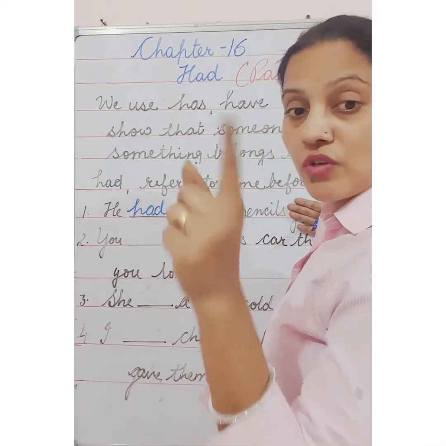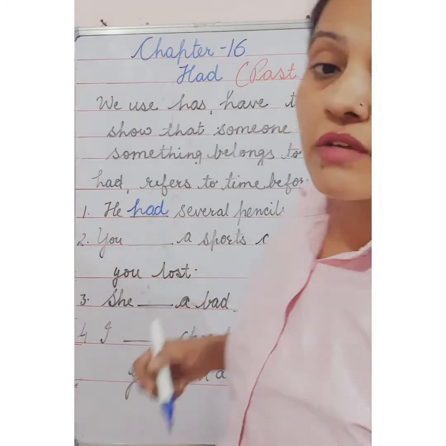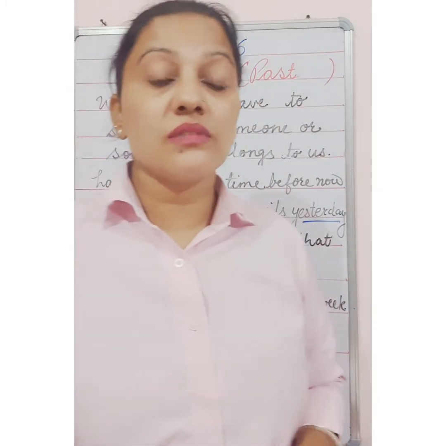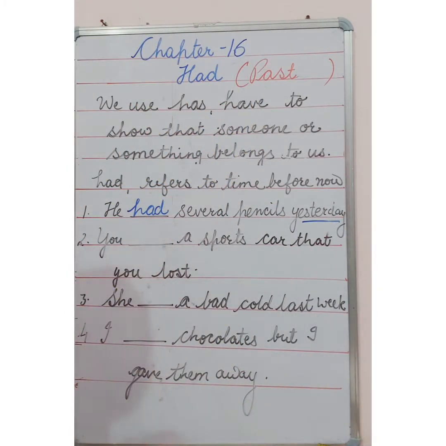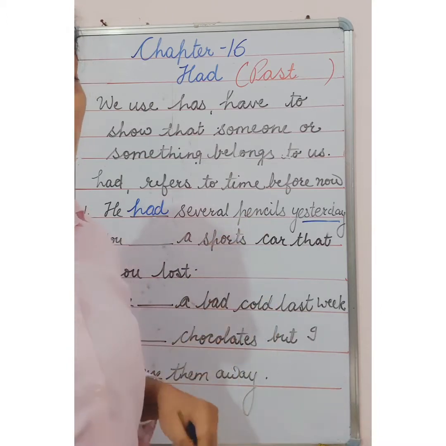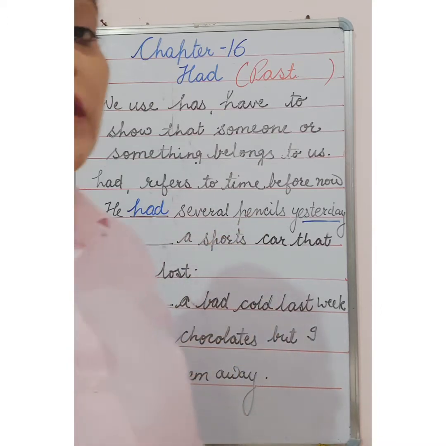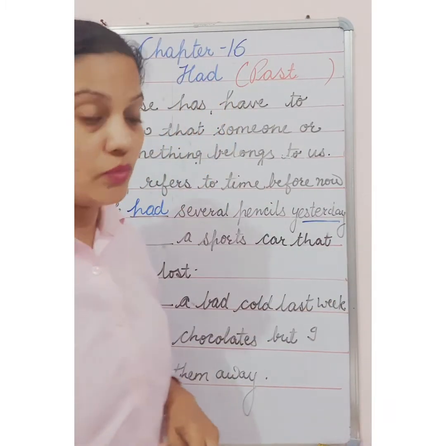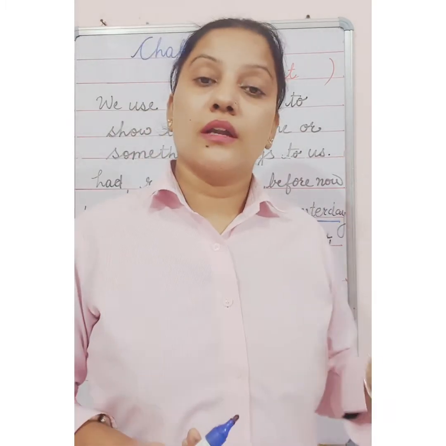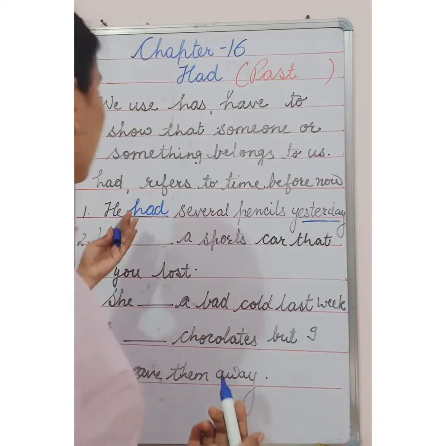Okay. When we are talking about present. But it is given yesterday. Means we are not talking about the present here. So you will use here had. So had we use with all, with singular, with plural, noun, pronoun both. I, we, you, he, she, it, they. Okay. So with singular and plural, with both nouns and pronouns, we use had.